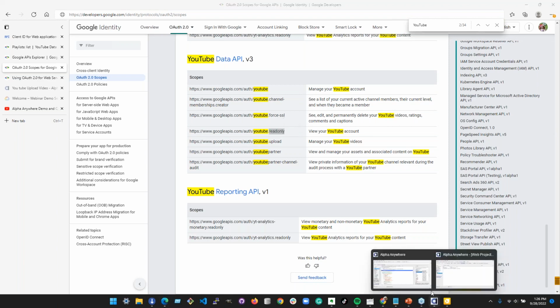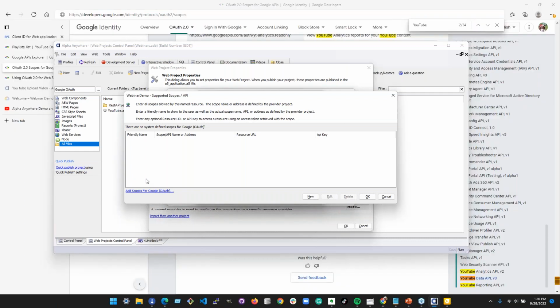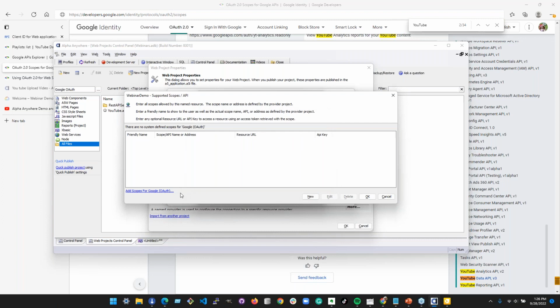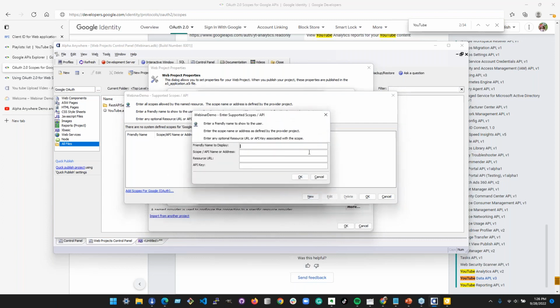So if we come back here into this dialog and add a scope for Google OAuth, oh, I need to do new. Okay. Enter scopes. It's not giving me the pop-up. That's fine.